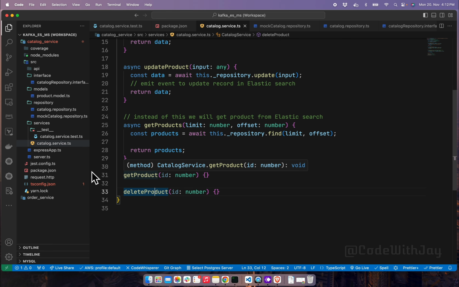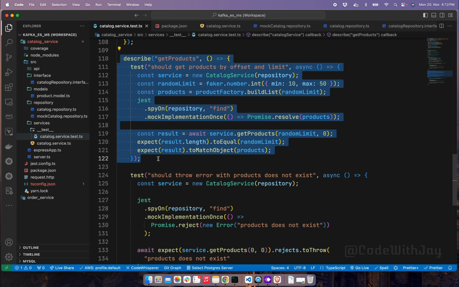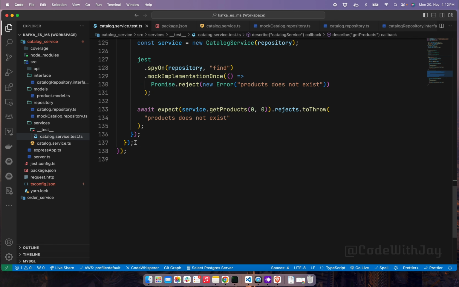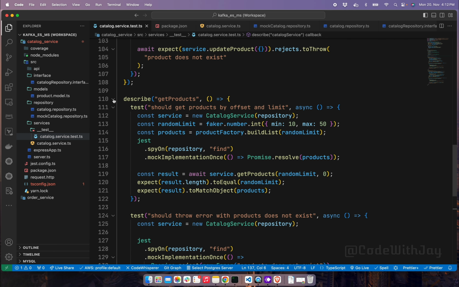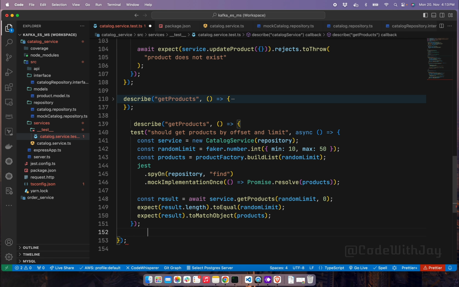So let's get the get product done quickly. If you go here, then copy that get product functionality from here along with this test case, and go here at the bottom. Let's try to collapse it, and here we can add this. Close the braces and parentheses. This is going to be get product, and should get product